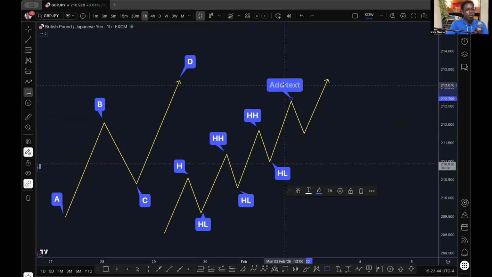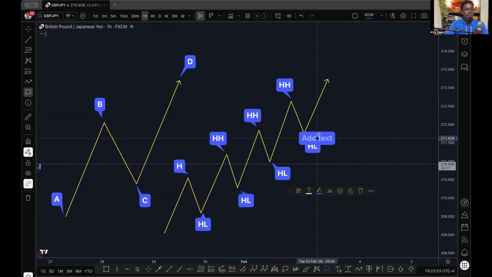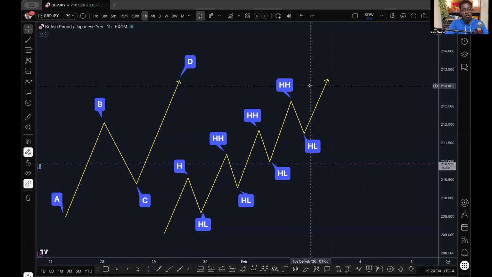And the point where we would place a buy is going to be at C. In a bullish trend, C is going to be the same thing as a higher low. Okay? So we place a buy at the higher low. Since the direction of this trend is going up,